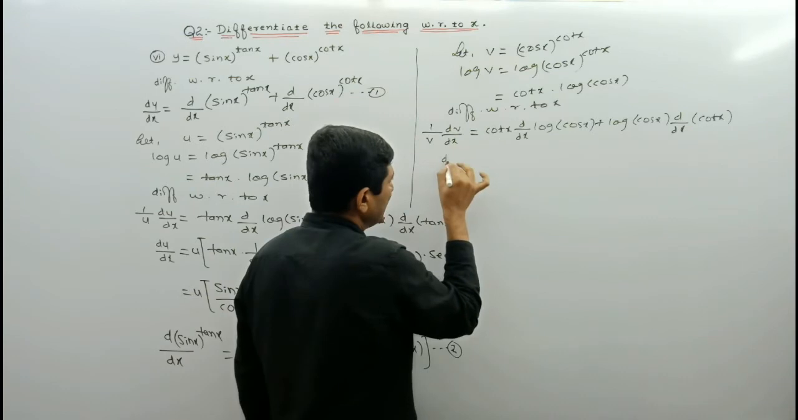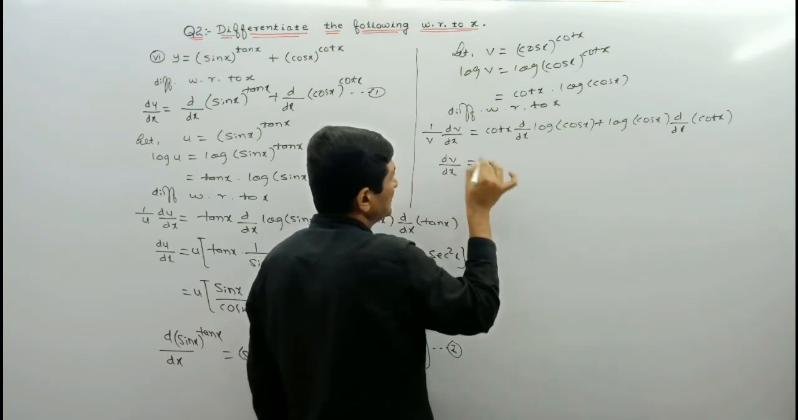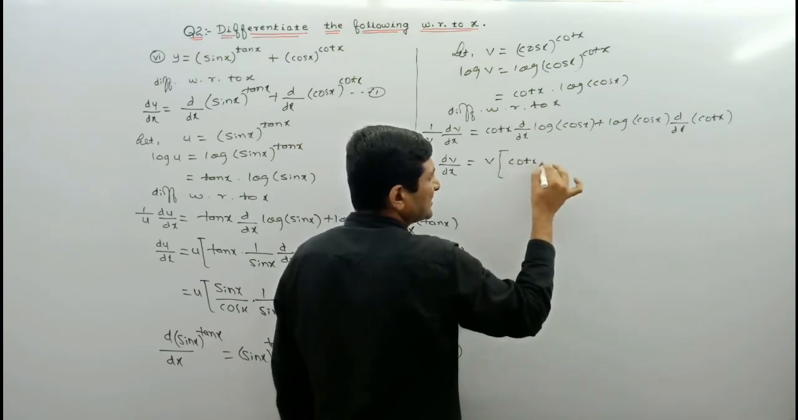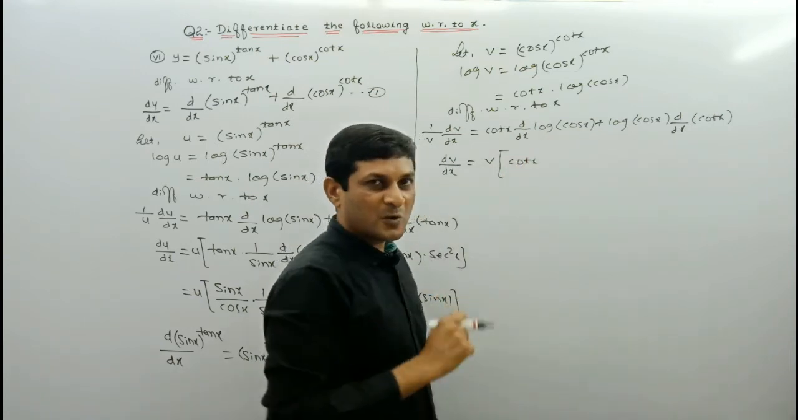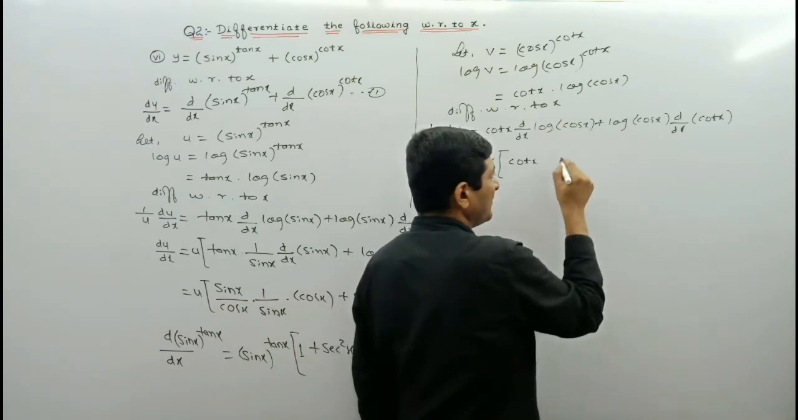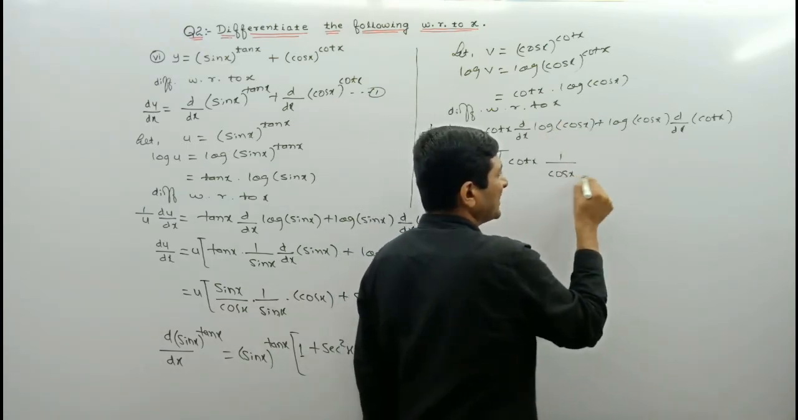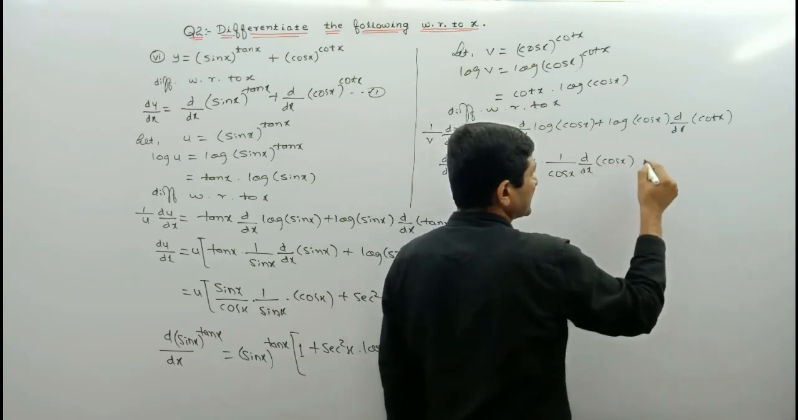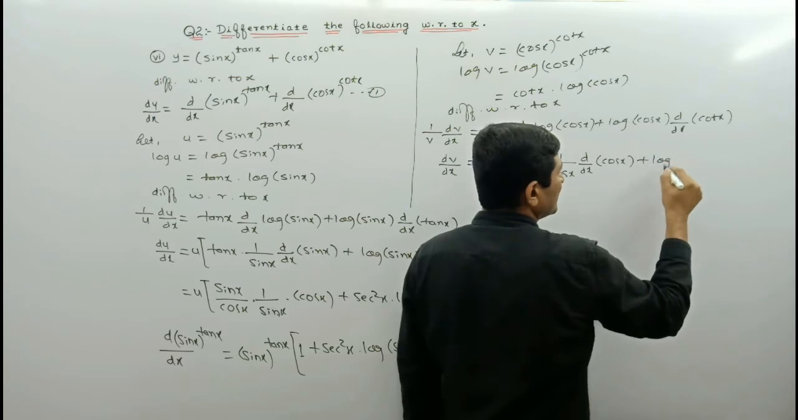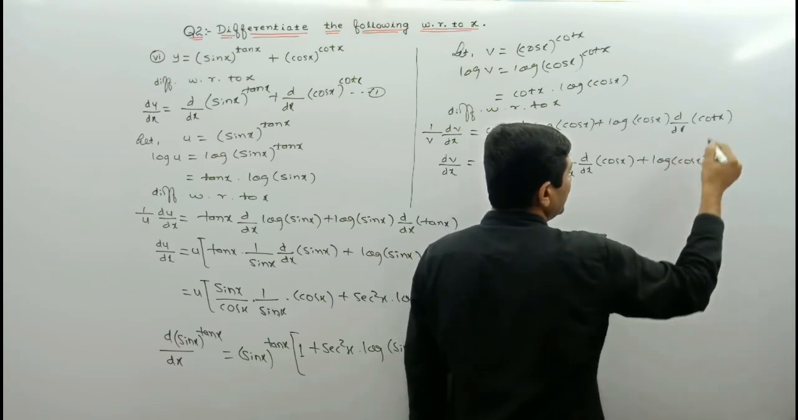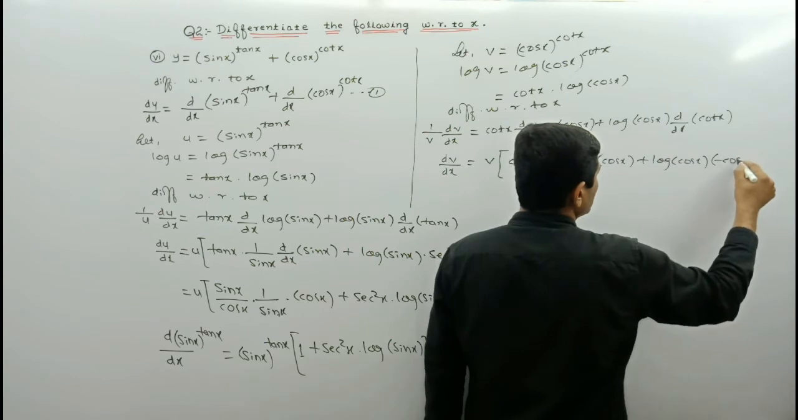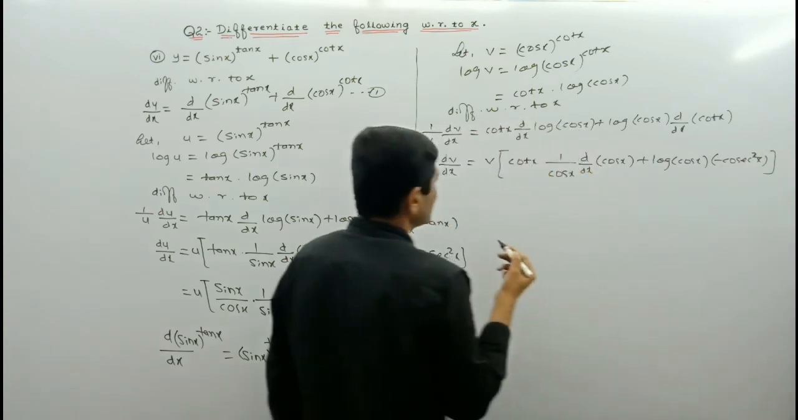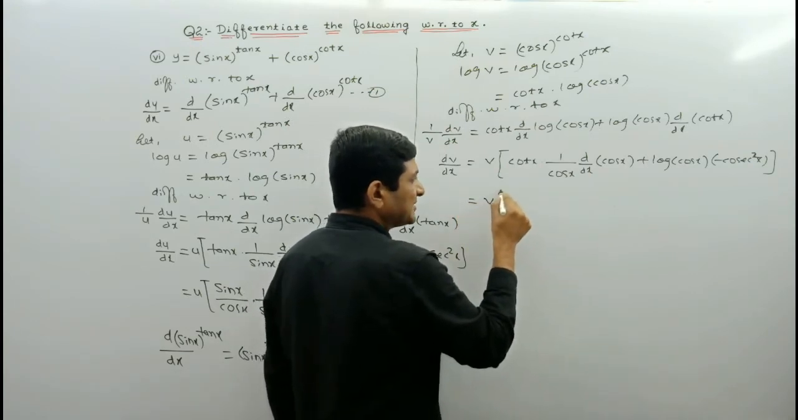So here on this side, dv upon dx, keep it as it is, we will get multiplied. On this side, keep this first term cot x as it is. Now we are finding the differentiation of log cos x. It is in the form of log f of x, so its derivative is 1 upon f of x into derivative of f of x. f of x is what? Cos x, plus log cos x as it is, into derivative of cot x which is minus cosec square x, minus cosec square x. So this is equal to v, keep it as it is,